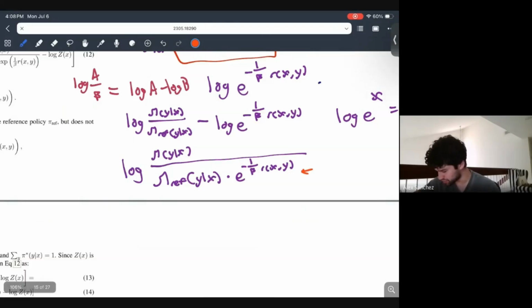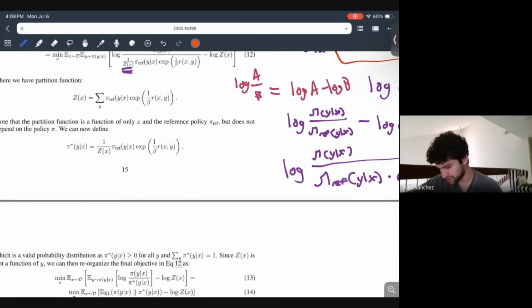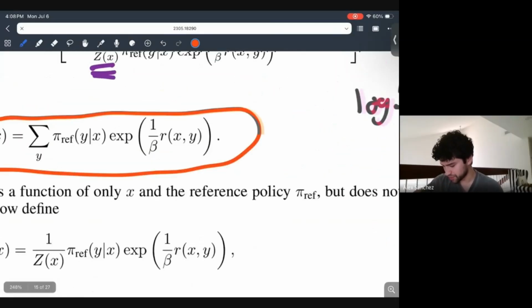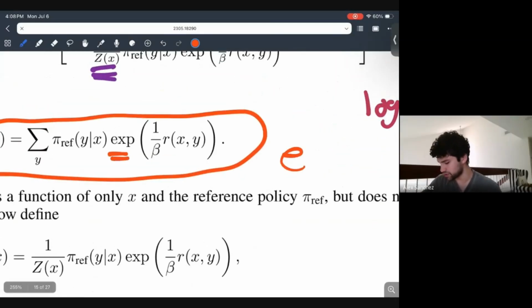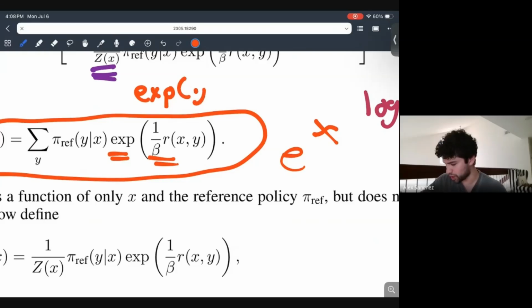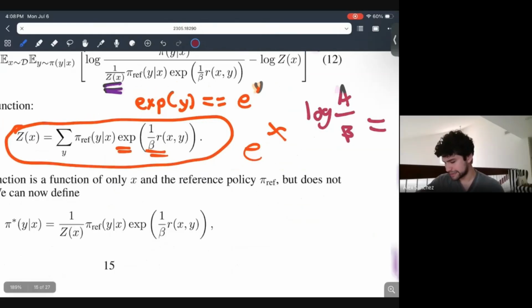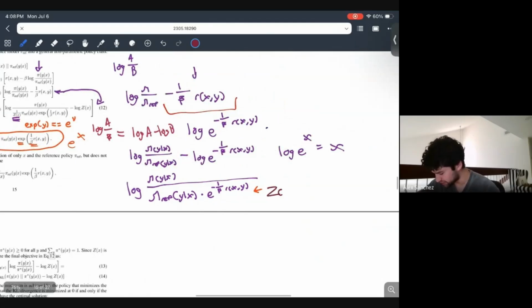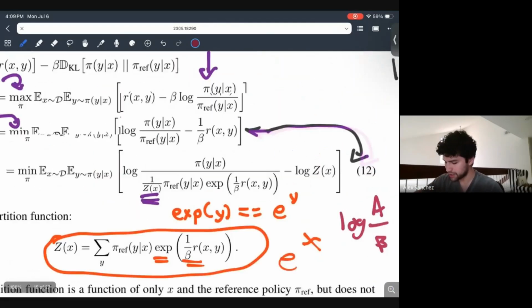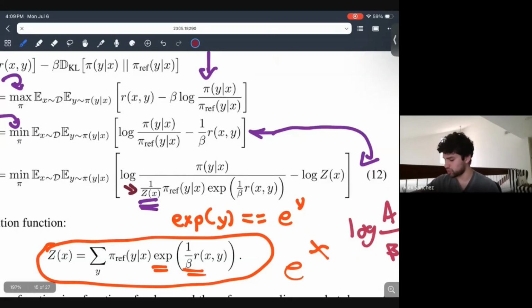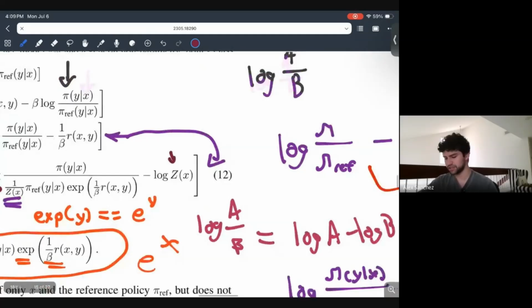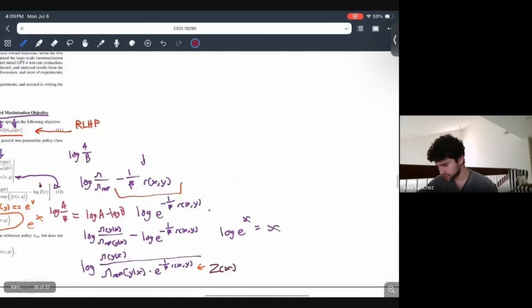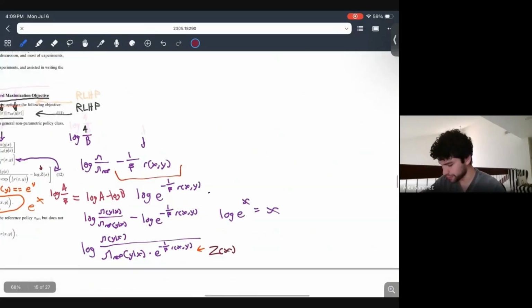This denominator portion, is it not the same as this, basically? This exp basically just means Euler's number, and whatever's in here is the exponent. So when you see exp of y, this is the same as e to the y. And so realize that this is what z of x is, this denominator portion. Now let's talk about why we have 1 over z of x and this log z of x here. Let's see if I even have space for this. Okay, so